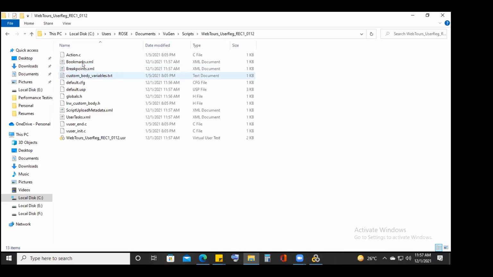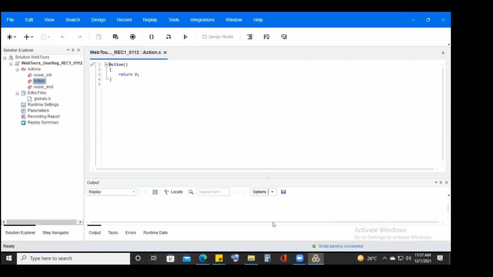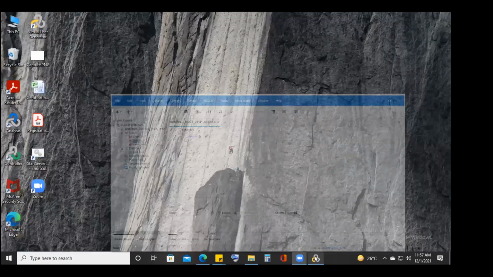fine. And this is a folder, this is the script that is created, right? Just now we clicked on create, right? This is a template, basically an empty script that it created just now. And you observe, right? The first time when you click on start recording, like create, then this VUgen folder will be created. Okay, now go to load another.